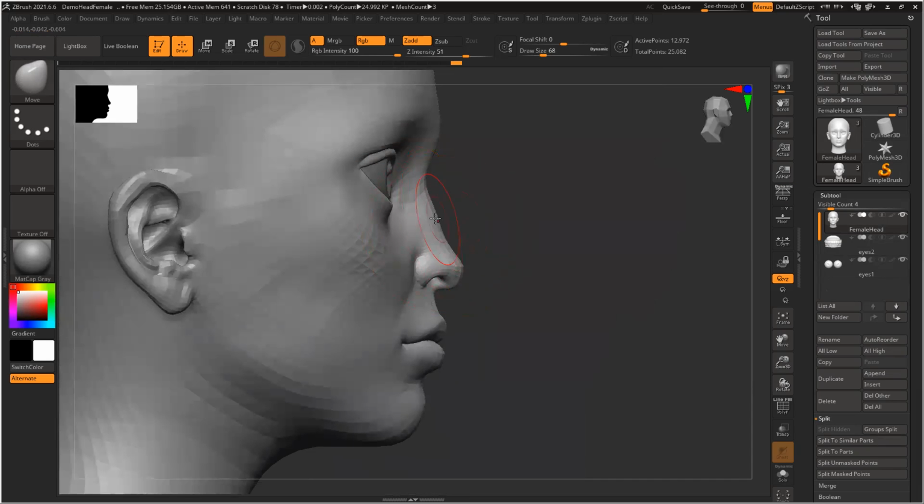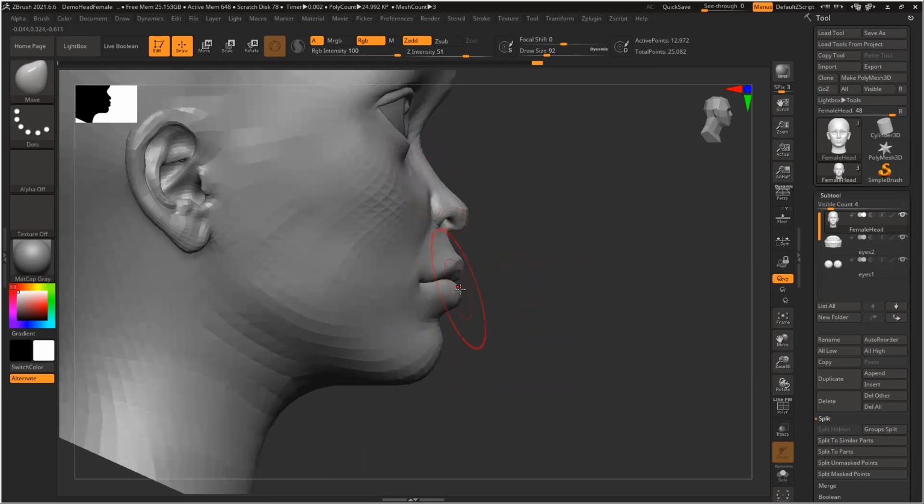For a cartoony kind of character, very characteristic, the nose and all will be almost flat. This part almost goes inside, and a slight bump for the nose. Yeah, that is what we are going to do.